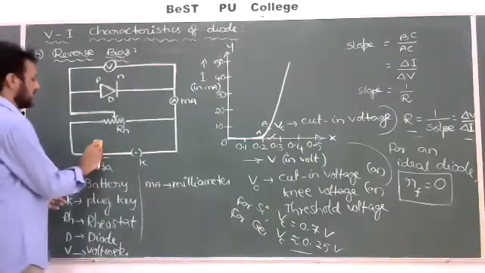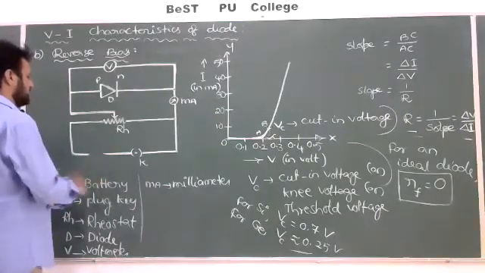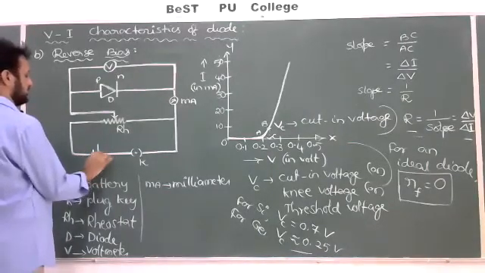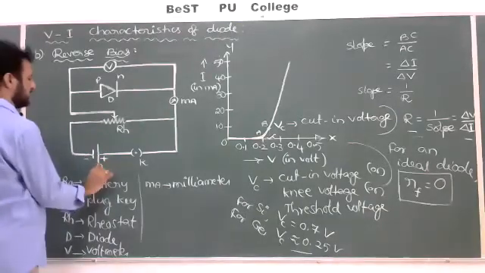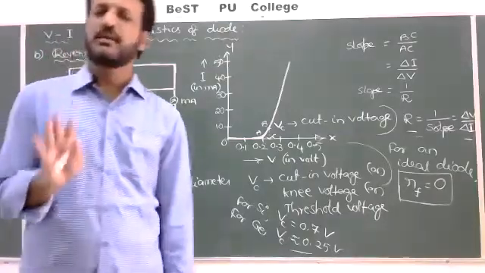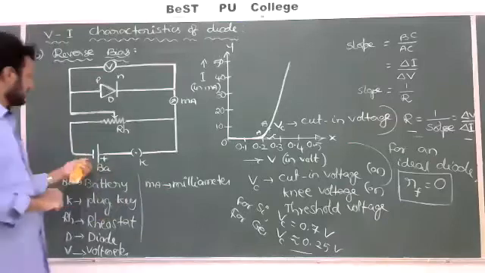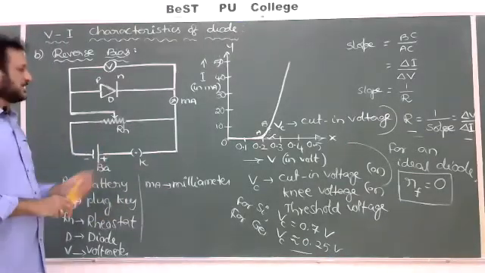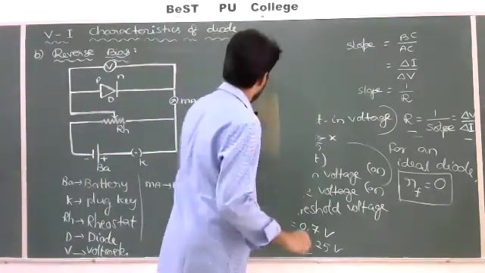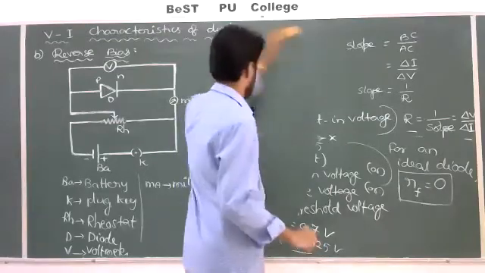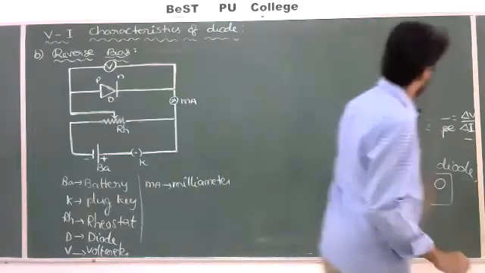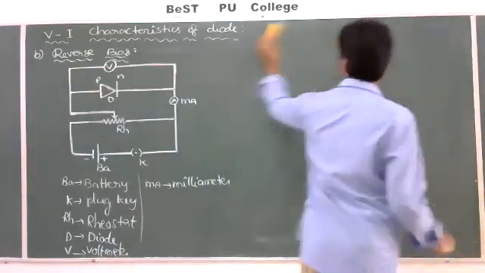For example, if you change here, I am changing just the battery negative terminal here and the positive here, plus and minus here, it is a battery. No change of the apparatus, observe carefully. I am not changing the apparatus, only the battery terminals. Here where plus was, I have taken minus, and where minus was, I have taken plus, so that it is said to be in reverse bias. Draw this diagram also.